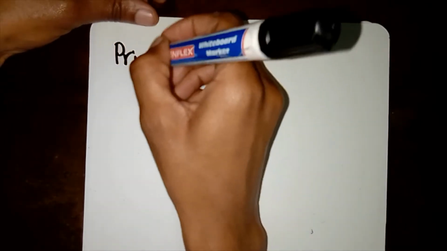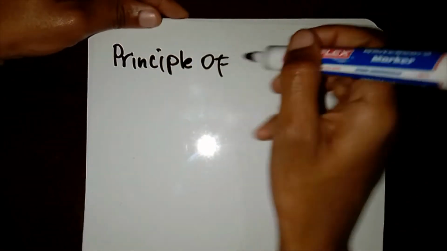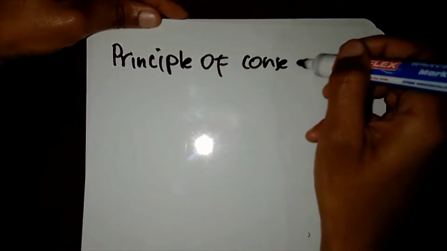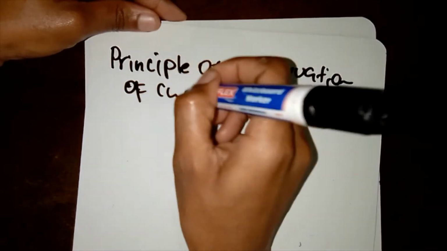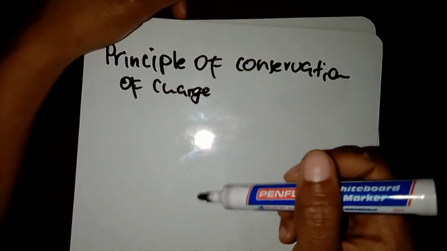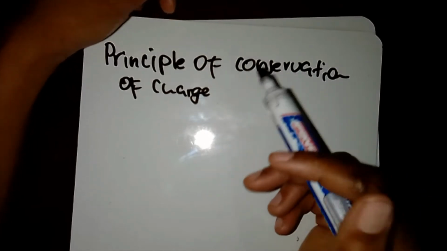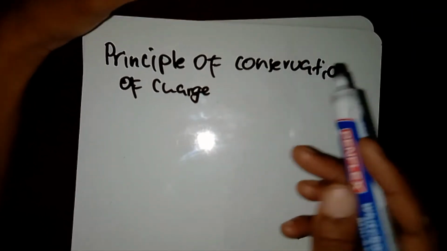a little bit of revision where we're going to talk about the principle of conservation of charge, which you should know what it is. And the principle of conservation of charge basically states that the total charge in an isolated system remains constant, or that it is conserved. What does this mean? This means that when two